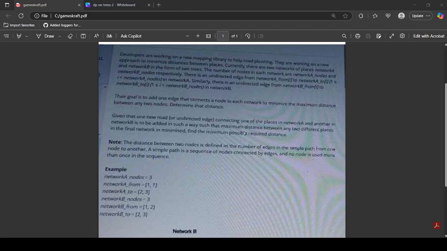Hello, in this video, let's discuss the next question on trees. The question says that we are given two different trees, and our goal is to add one edge that connects a node in each network to minimize the maximum distance between any two nodes. Determine the distance. Given that one new road, an undirected edge connecting one of the places in network A